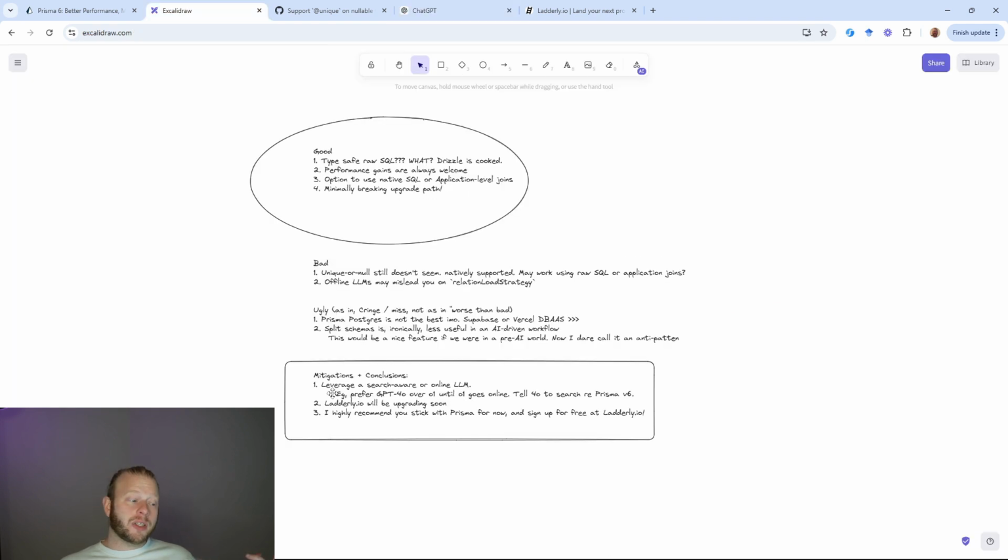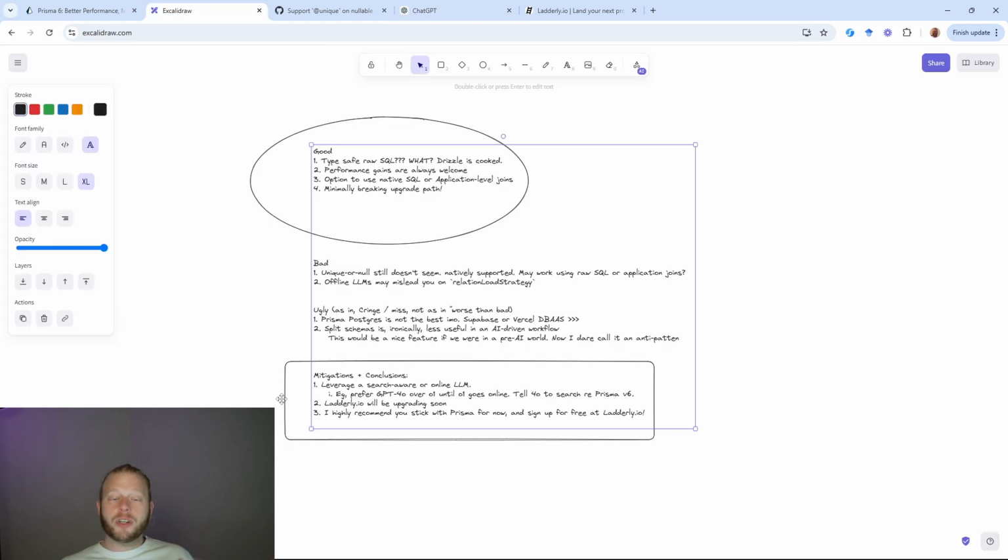So for mitigations and conclusions, the mitigation is to leverage a search-aware or online large language model, even if you are turning down a more intelligent model, such as O1. We want to turn down O1 and go for GPT-4o, because it has that online awareness, that search tool usage. Conclusion for Latterly, I will be upgrading soon. In conclusion for you, I highly recommend that for 2025, we stick with Prisma for now